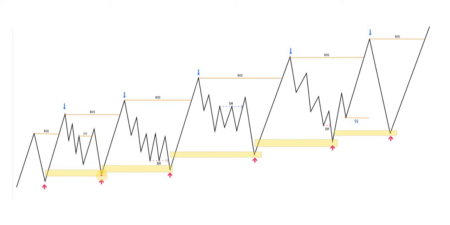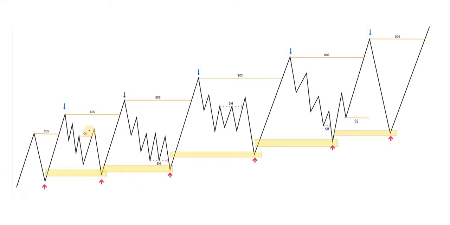When that happens, once again, some persons may begin to think there's a probability that this has now become the supply zone, and what we expect after the break of the structure, clearing this liquidity, is that price may come and react from this point and continue our bearish movement. But if that is not the case,